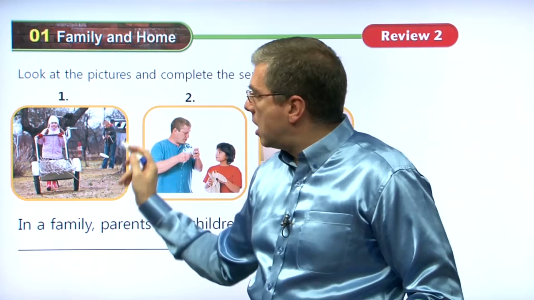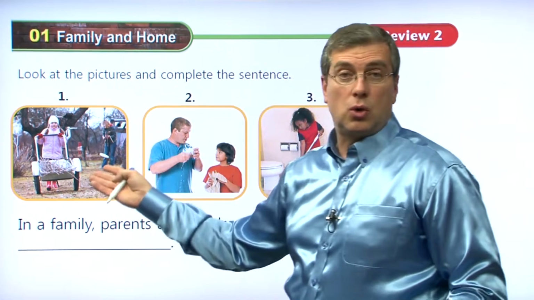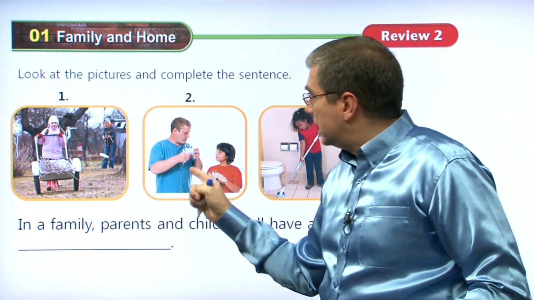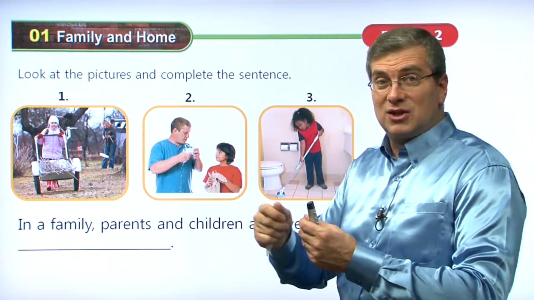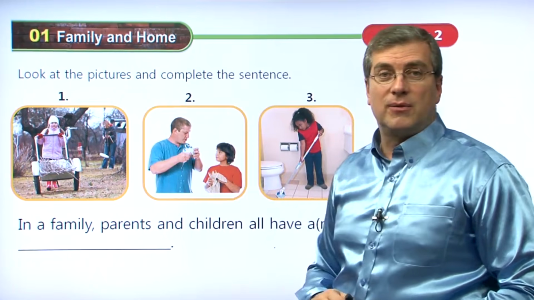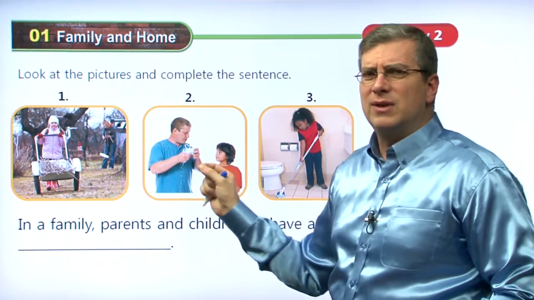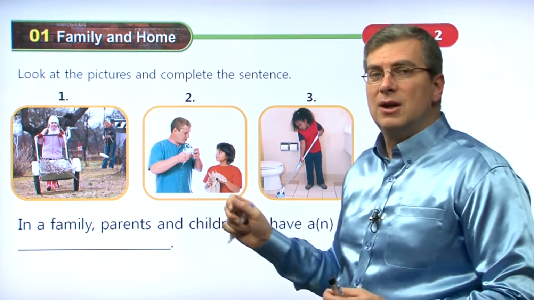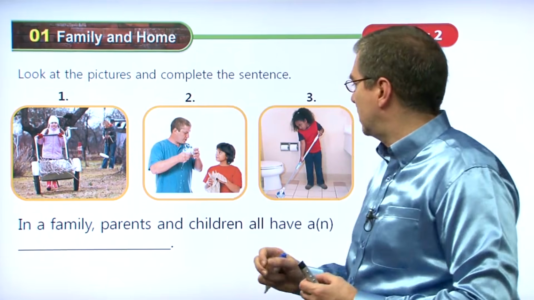Now look at this. The daughter is helping mom. Looks like she's helping clean up the backyard, right? That's a chore, right? That's a type of chore. Now over here, the father is showing his son how to wash the dishes, right? So the son is learning from the father. The father is doing something. What does he have? He's the teacher, right? The boy is the student, right? They both have parts to play in this situation.